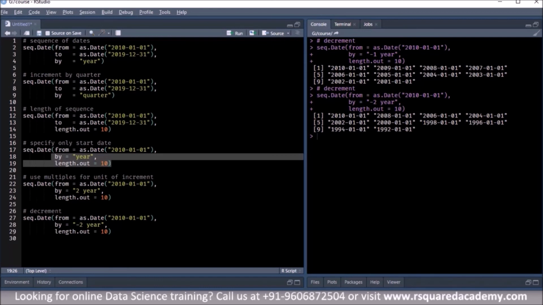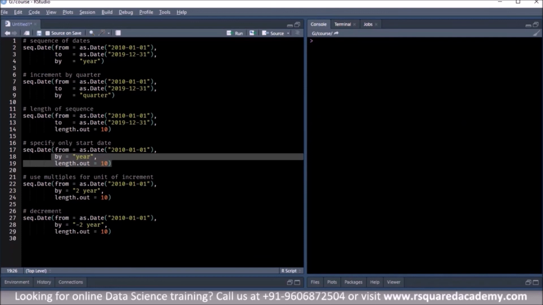Okay, so that brings us to the end of the section on sequence of dates, right? You can do a lot of practice. We have added a few practice questions for you where you can play around with the sequence of dates. The last thing that we want to look at in this module is type verification, that is membership testing.